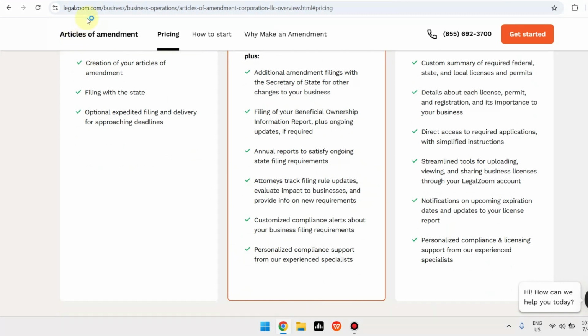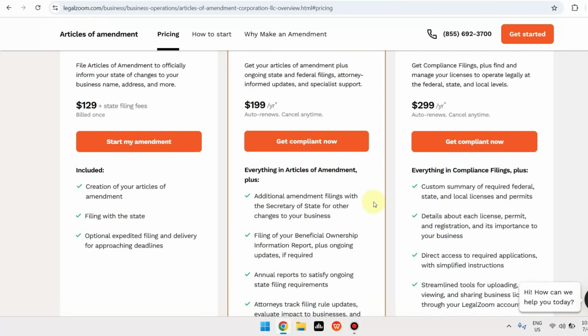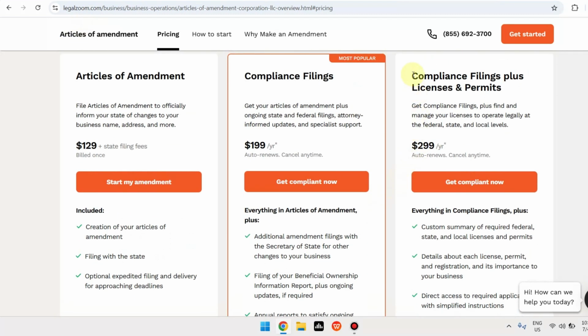You can read this article on LegalZoom's official website. And lastly, they have compliance filings plus licenses and permits. So this plan is basically compliance filings with more extras. This includes licenses and permits, and this will cost you $299 a year, and you're going to pay $299 multiple